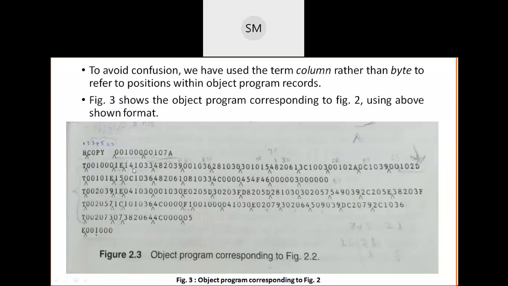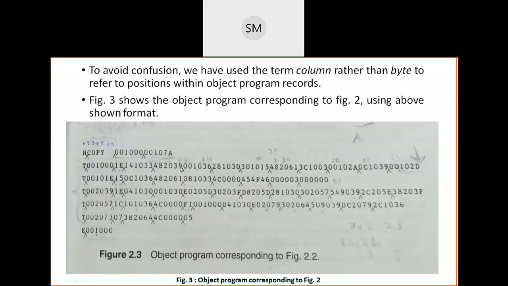Okay, so if you remember, in SIC all instructions are 24-bit instructions. 24-bit is equal to 3 bytes. So you have generated this object code for each and every instruction, and each and every instruction is 3 bytes in length, that is 24-bit length. So 3 plus 3 plus 3, like this if you do, you will get 30. If you want, you can just count it.